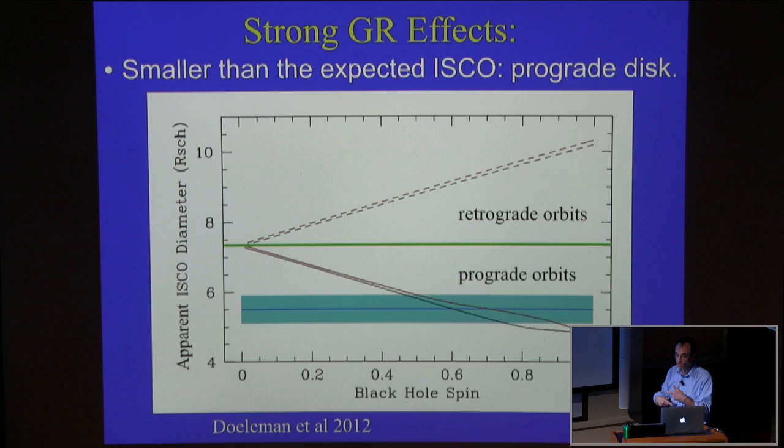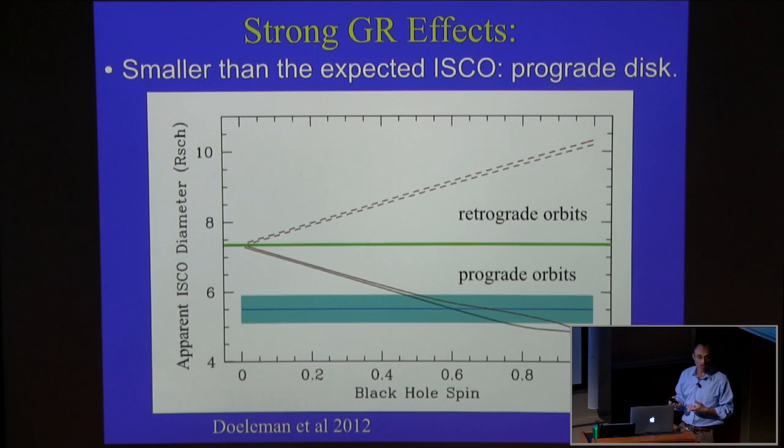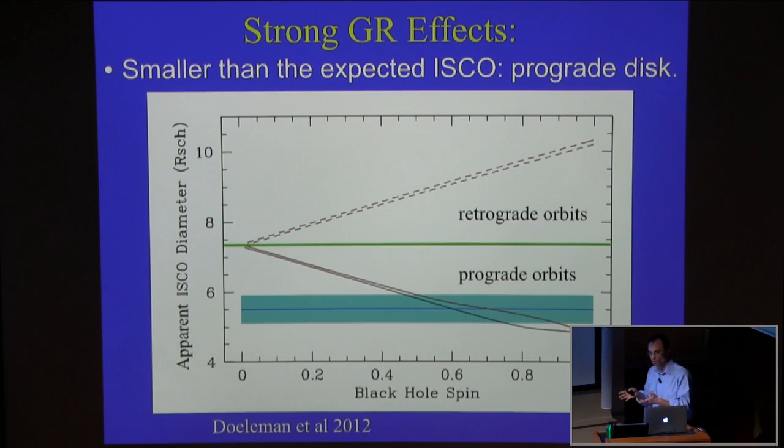So if you think you're looking at the ISCO, this rules out retrograde orbits. And this is our measurement here, the blue line. And this is a 1 plus or minus 1 sigma. We may be looking at a black hole spin. It's consistent with a black hole spin of about half the maximal rate. It's a very interesting way to start teasing out fundamental black hole parameters, but you have to use strong GR